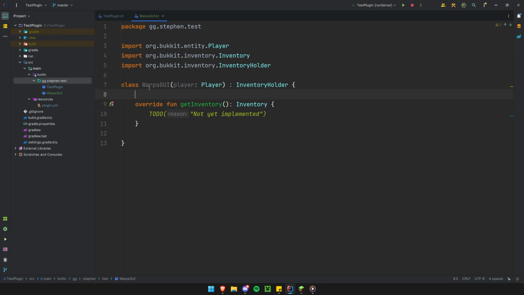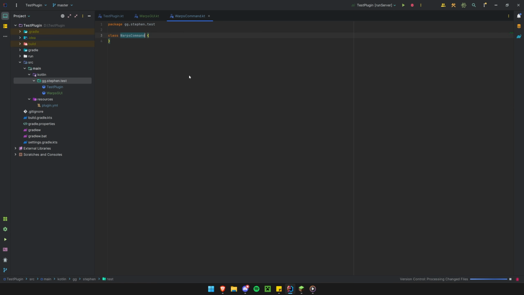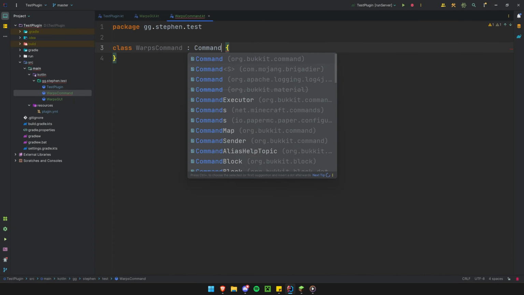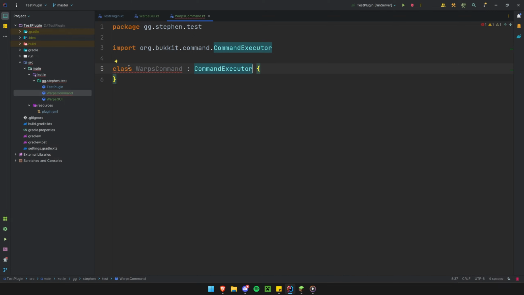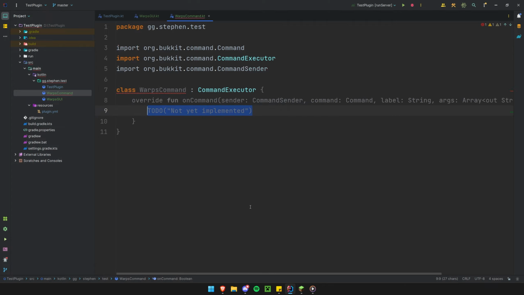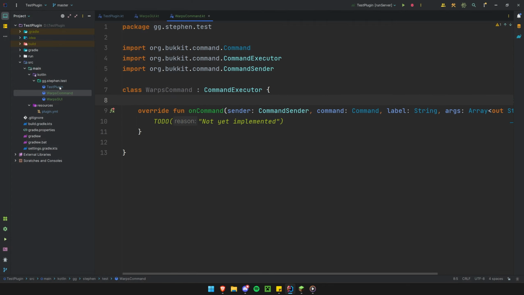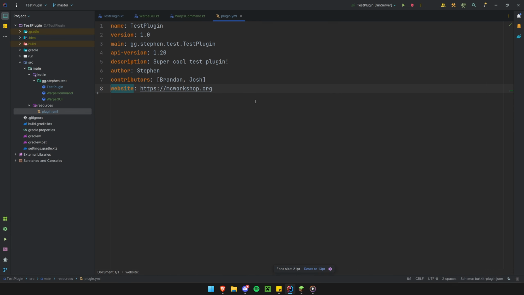Okay, so what we'll now do is quickly make our command. So we'll do warps command. So somebody's going to essentially run /warps, and it's going to open the warps GUI. I think this is a really nice use case, so I'm happy we've chose this. So what I'll do is make it so that it implements command executor, as always, and I'll go ahead and implement that function. Okay, and then what I'll do is go to the plugin.yml, and I will simply do commands